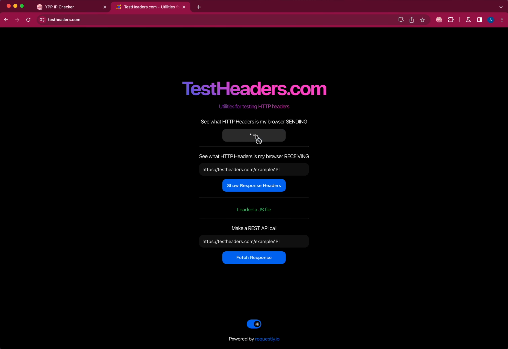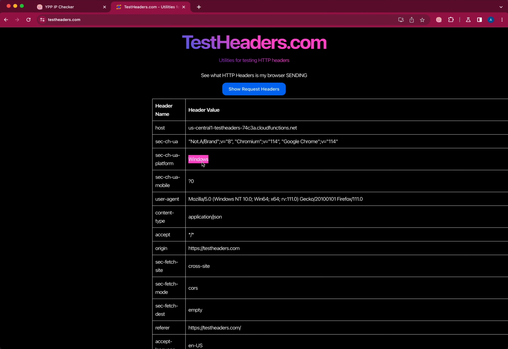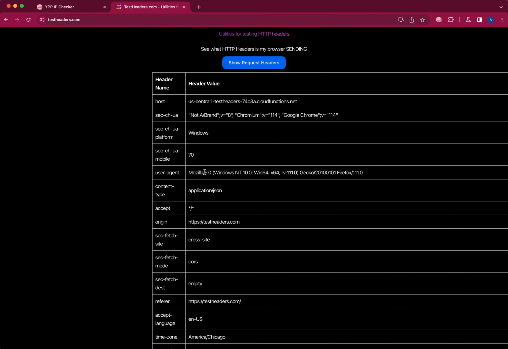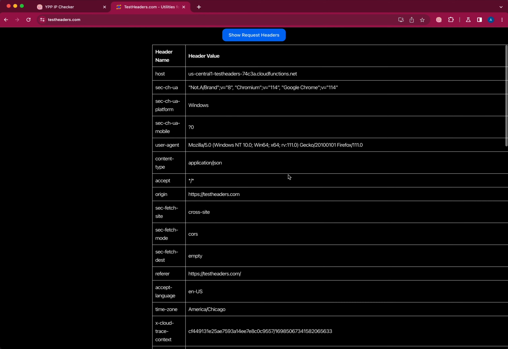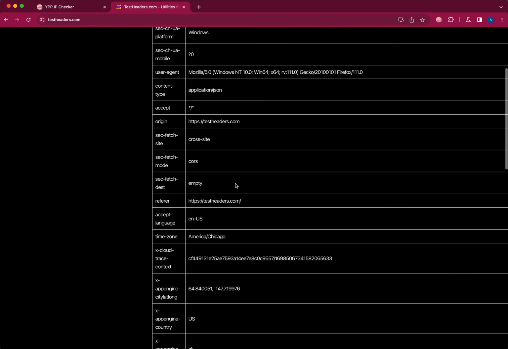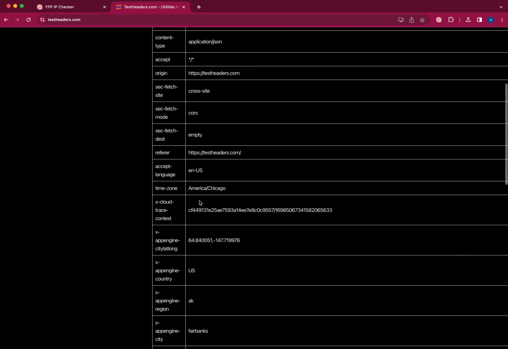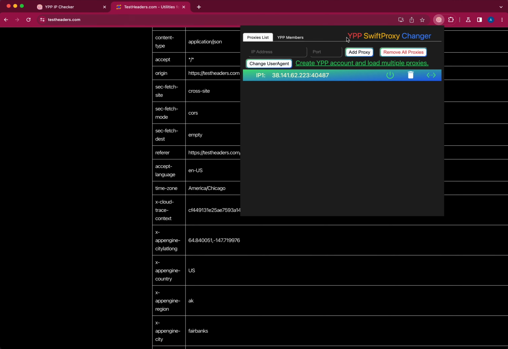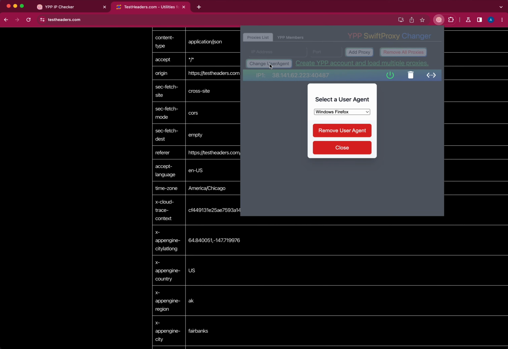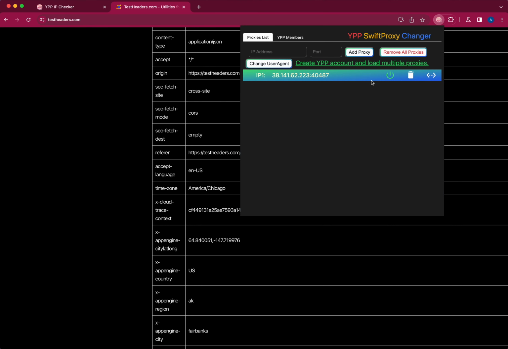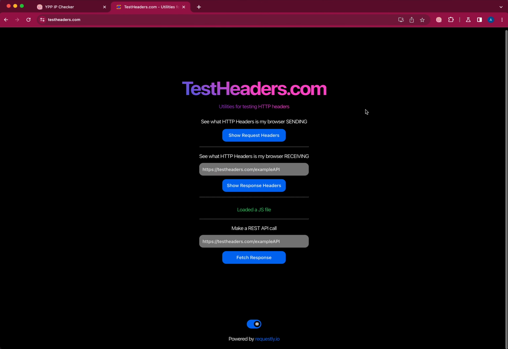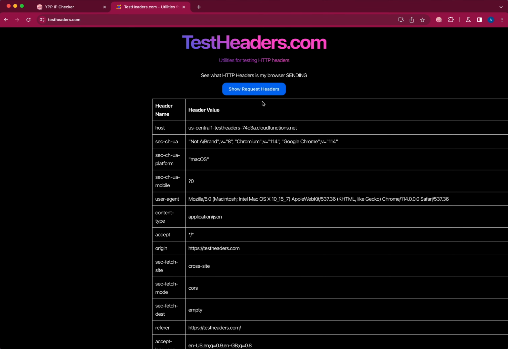Okay, let's resend the headers. See, you're on Windows now. Windows, right? The language, the time zone, okay? That is changed. Everything is changed. So deactivate the headers, change the agent back. Let's have another test. Activate the headers. Reset, show headers,